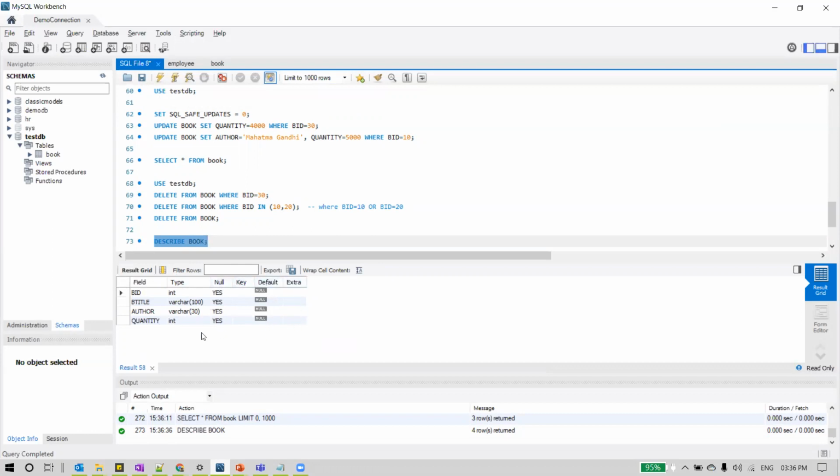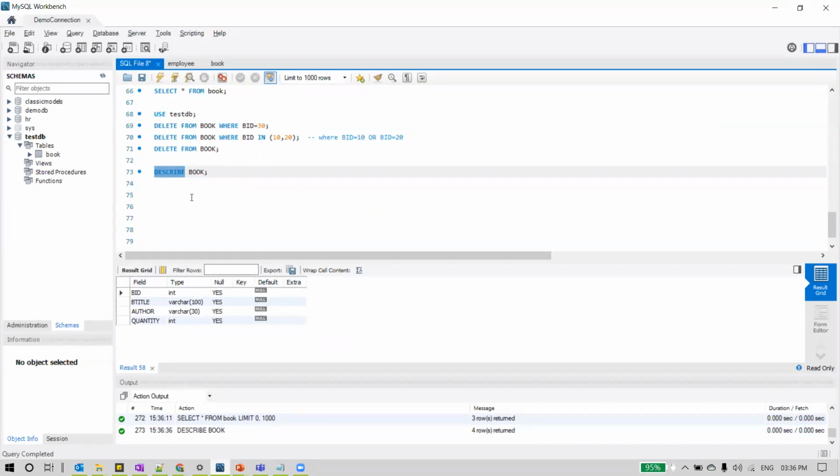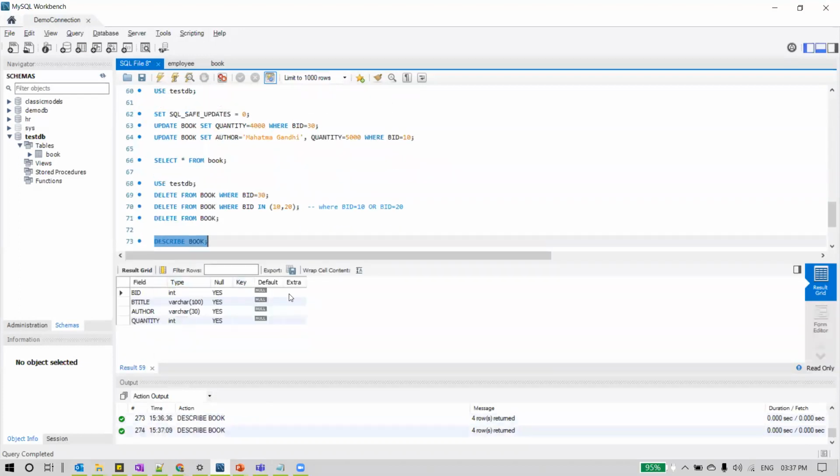All these things can be viewed using the describe command. It has 4 columns, and we can see the data type of each column and some other information about each column here.